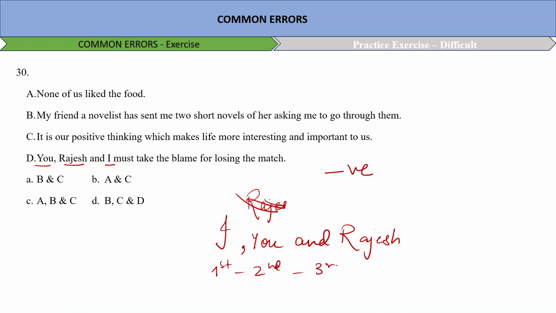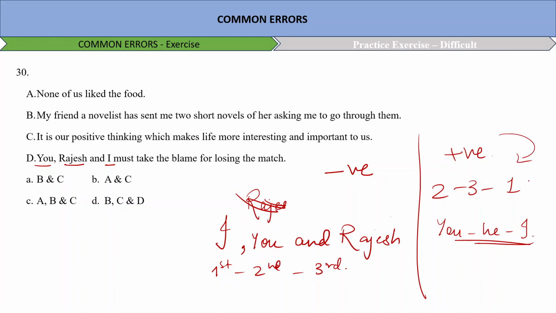Whereas, if this would have been a positive sentence, we would have gone with this flow 2 3 1. Now, what is 2 3 1? 2 3 1 is second person is you, third person can be anyone, he, she, you, and the first person I. Okay. Sentence positive or any praiseworthy topic being talked about, this sequence, and anything negative, this sequence. So the error is in option number D. Hence A, B, C is correct. D, I think C makes our correct answer. C is the correct answer to the following question.